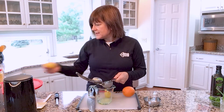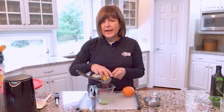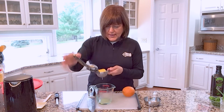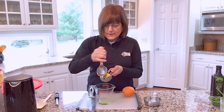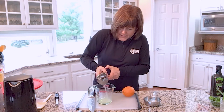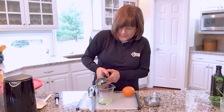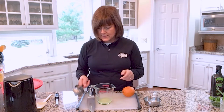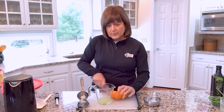Now when I make this, sometimes I will zest the lemon just to add a little extra flavor. And so if you want to take that step, go ahead and do that. Oh, gotta get it in there the right way. And we got the juice of a whole lemon. So this is a lot of great citrus flavors. It makes a great side dish for those Thanksgiving and holiday meals with the cranberry and the citrus and the warmth of the